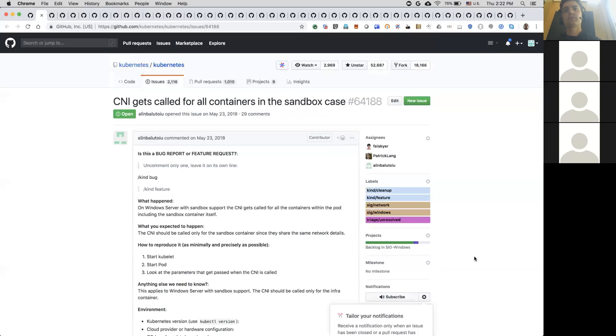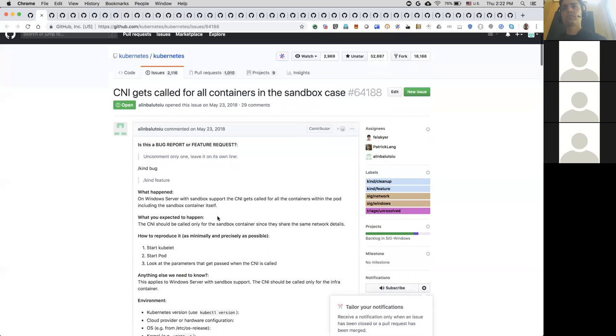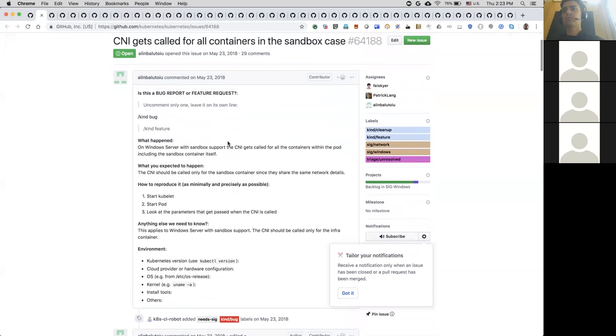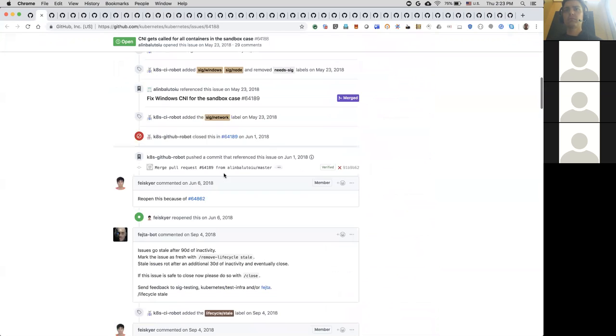On Windows. Someone from Windows. Anyone with Windows expertise? Oh, looks like Patrick Lang is already on here. I think that's expected because kubelet calls the runtime. The runtime usually interacts with CNI when setting up the sandbox.